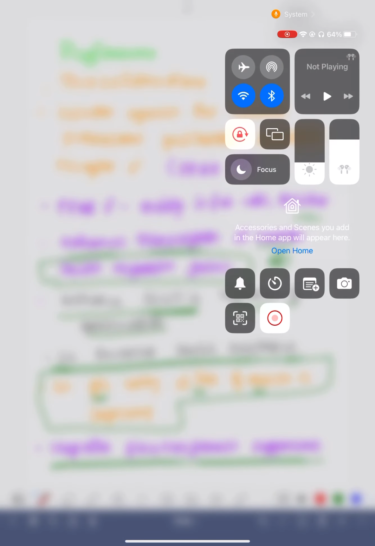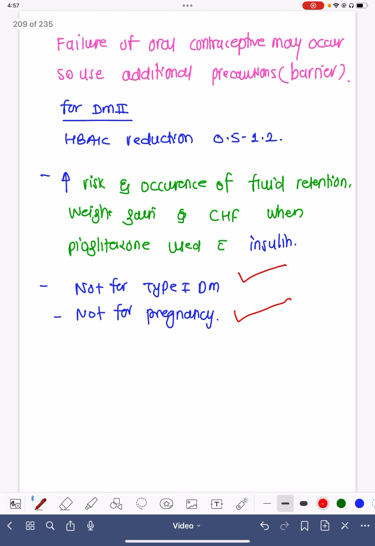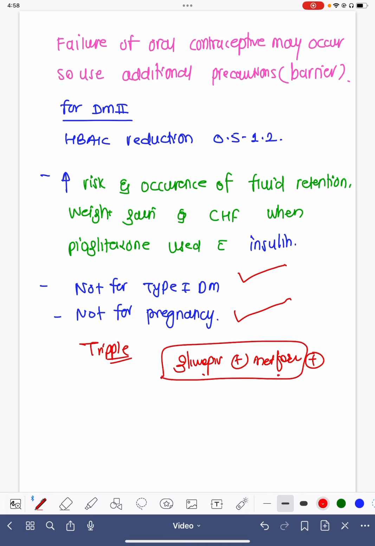The usual dose of this pioglitazone comes in combination. This drug can be used as a triple drug therapy. It is very commonly combined as glimepiride plus metformin plus pioglitazone. You can get this combination. So if someone is on a dual combination like glimepiride plus metformin, you can simply add on pioglitazone to it. It comes in 15 milligram or 7.5 milligram tablets. It can be given twice daily very commonly. Up to 30 milligrams is very commonly used. More than that is not usually recommended or commonly used by most clinicians. So thank you.